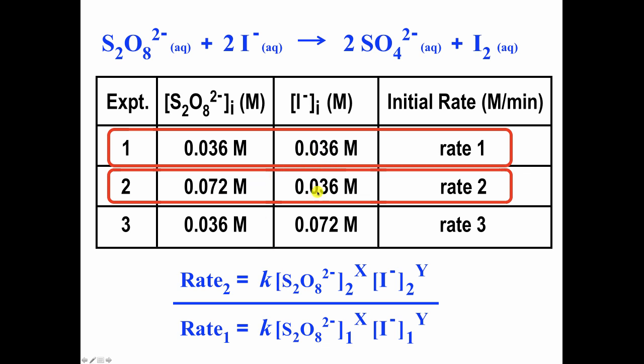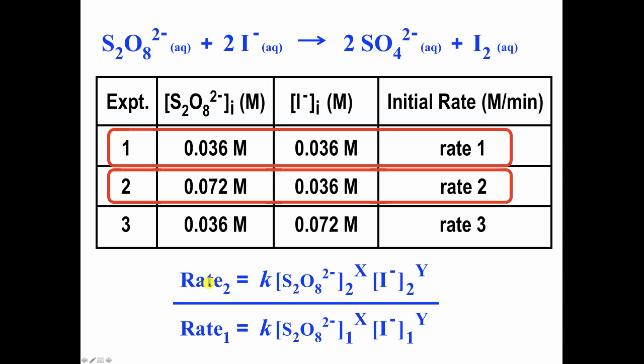We keep one of the concentrations the same, so I- concentration here was the same, so I- and I- to the y power, those are going to be the same numbers, so those will cancel out. Similarly, k, the rate constant, is a constant at a given temperature, so k's will cancel out. And so what we end up having is, in the second experiment, we had twice the concentration of S2O8 as we did in the first experiment. So we have essentially 0.072 divided by 0.036, so that's a ratio of 2 to 1, and that will be to the x power. And then the rate for experiment 2 divided by the rate for experiment 1 will turn